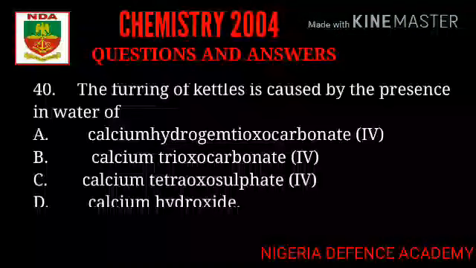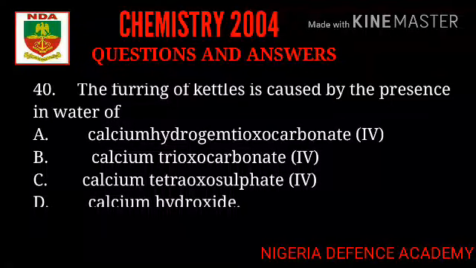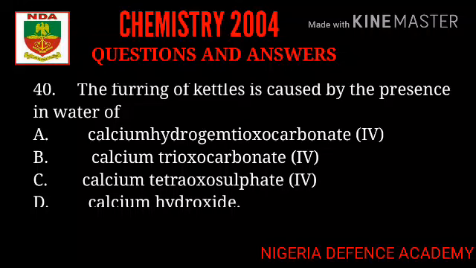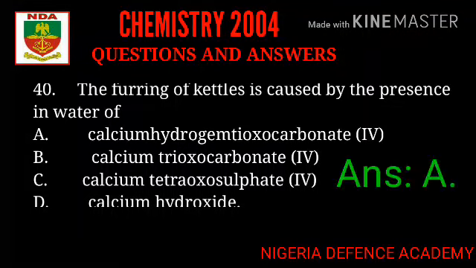The hardness of water is caused by the presence in water of dash. Option A, calcium hydrogen trioxocarbonate 4. Option B, calcium trioxocarbonate 4. Option C, calcium tetraoxosulphate 4. Option D, calcium hydroxide. So which of these options is right? Well, I think the right answer here is option A,